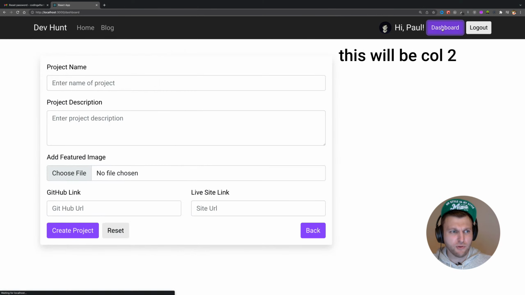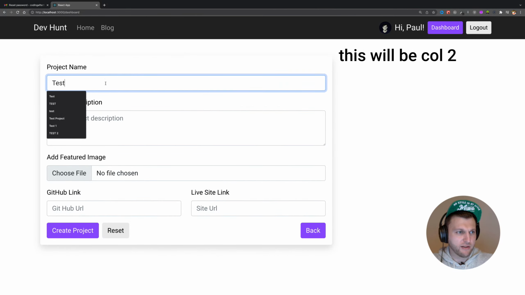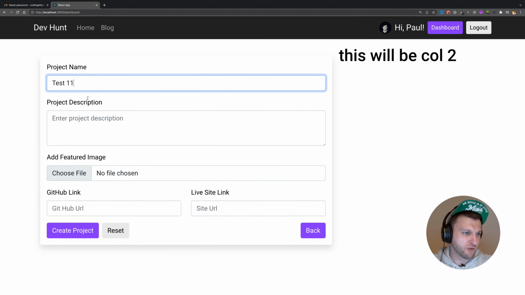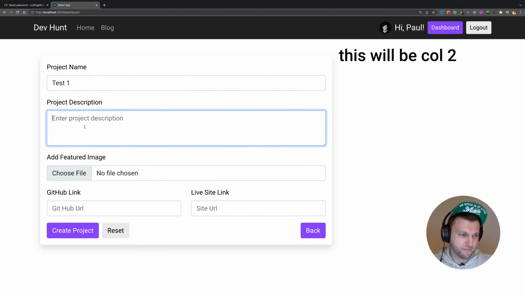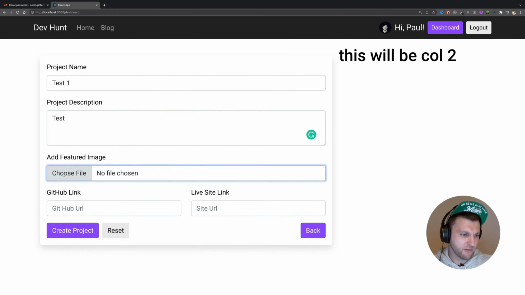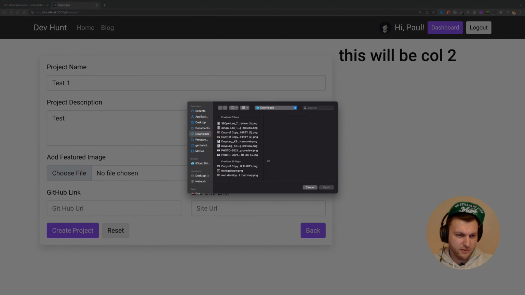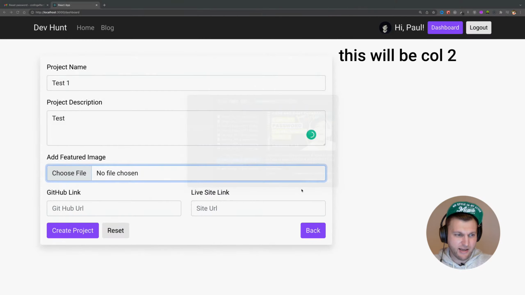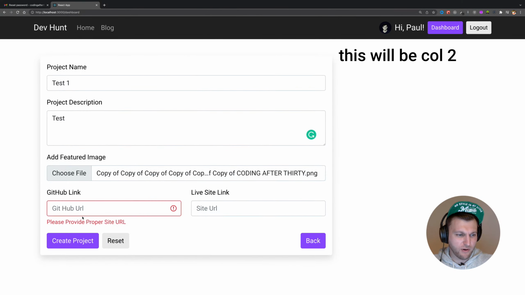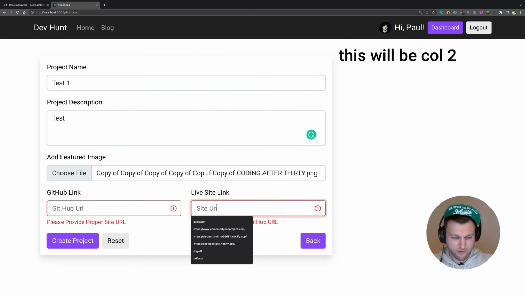What's cool is we're able to add projects through our dashboard too, guys, which we did a bunch of streams ago. Test, choose file, copy of 30, let's add that. Oh, I need to provide a GitHub URL and site URL. They're making me do a lot of stuff. I don't have a site URL,